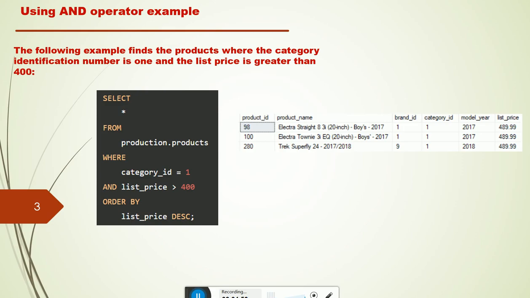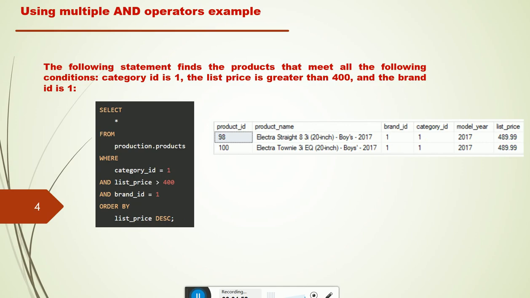Now we will move to the next thing. The following statement finds the products that meet all the following conditions: category ID is 1, the list price is greater than 400, and the brand ID is 1.